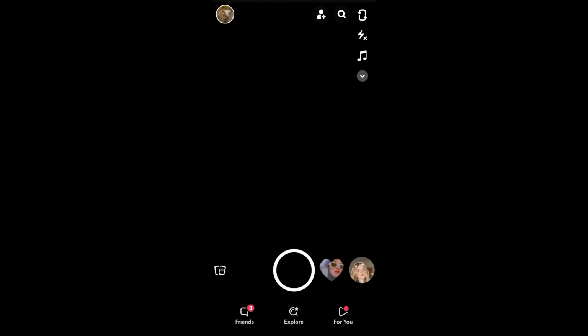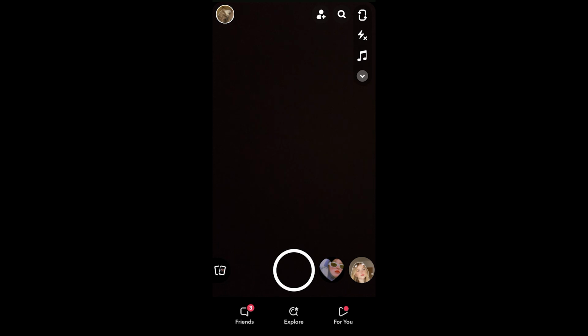Let's open our Snapchat app and let's say you deleted something important to you. It could be a snap, it could be a chat box, a message, or a highlight. How can you recover it? Well, you can't really recover it within the app, but there is a way that you can get to see